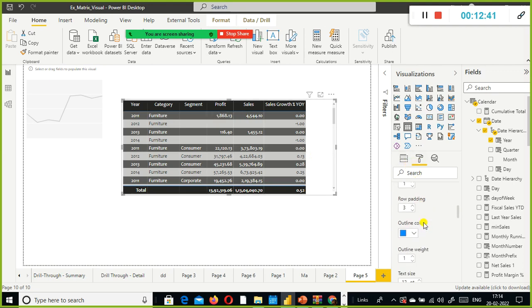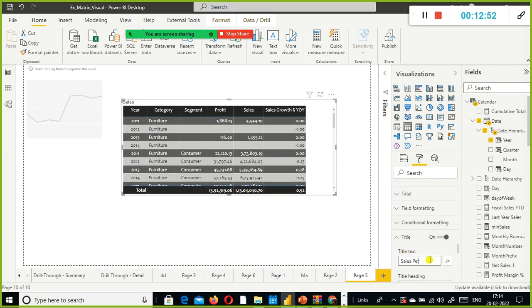Now I just go here, and then you scroll down, you can align it.